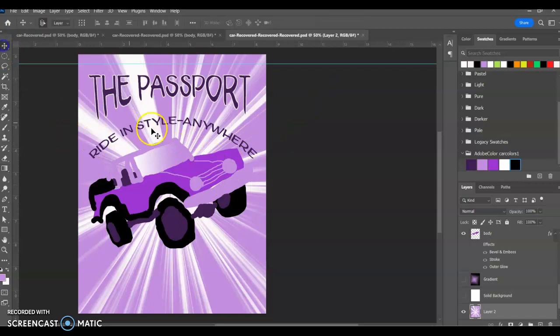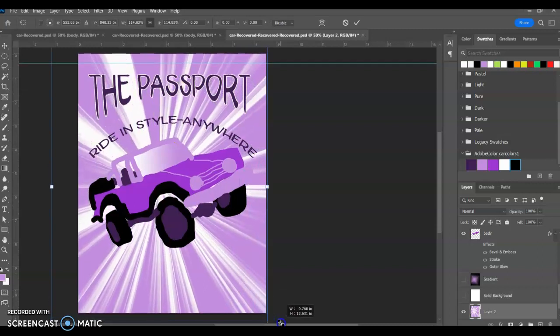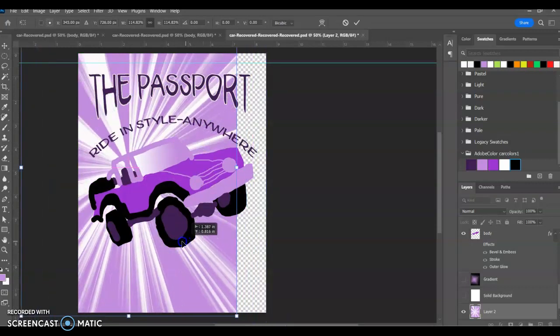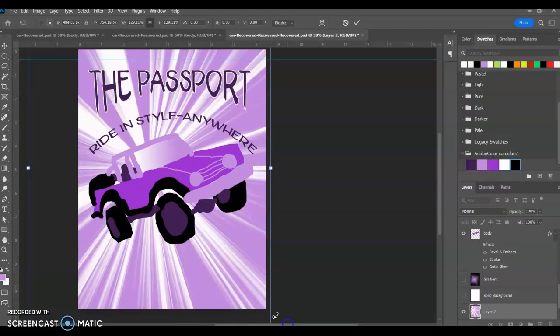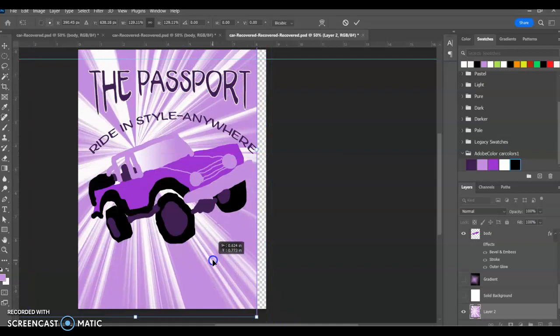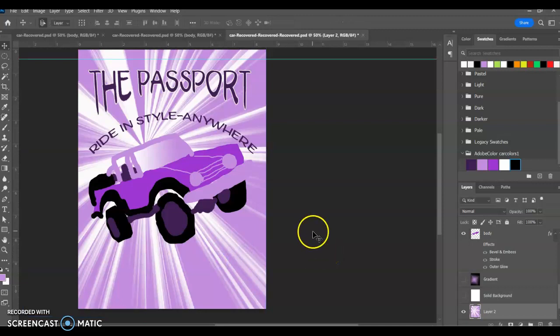So now that I can move it, I can hit Control T so that I can have like the starburst coming right out of the top of my Bronco or my Passport. All right, and you play with it, you move it around,